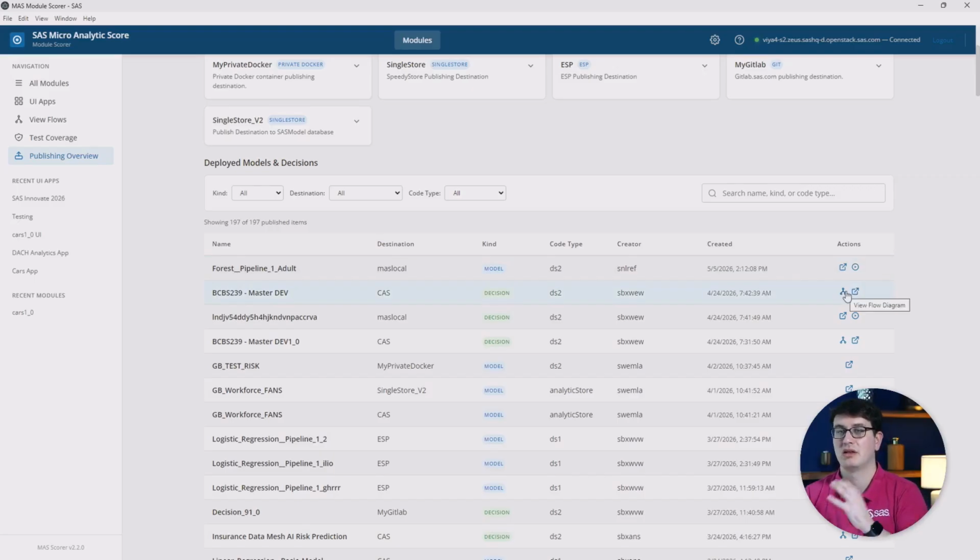So you can see this is an added page, but it ties back into all the other functionality of the